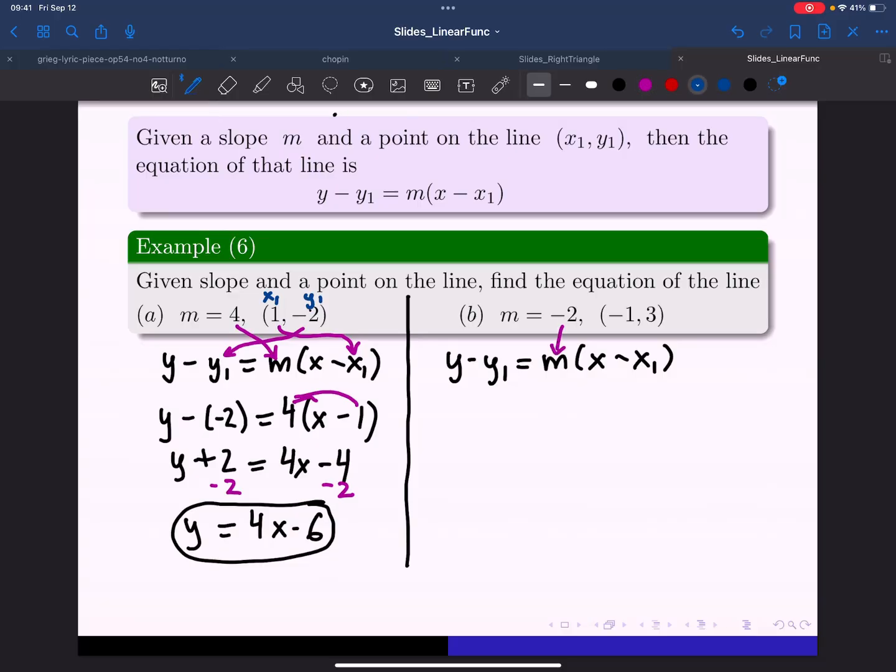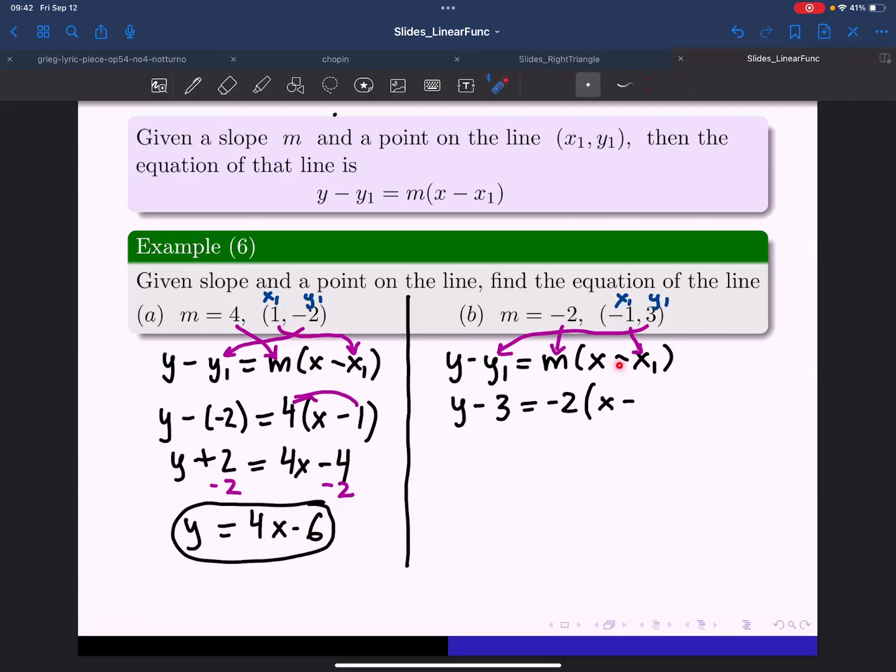We know that the point is x1, y1, so we can substitute for x1 right here, and for y1 we're gonna substitute right here. So we have y minus 3 is equal to negative 2 times x minus, and x1